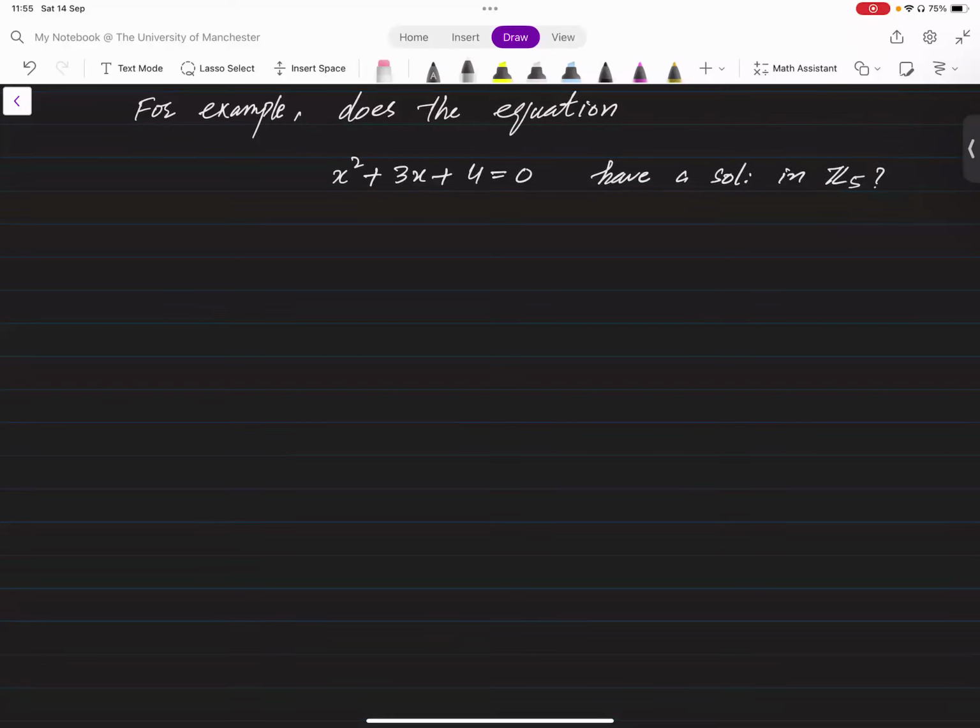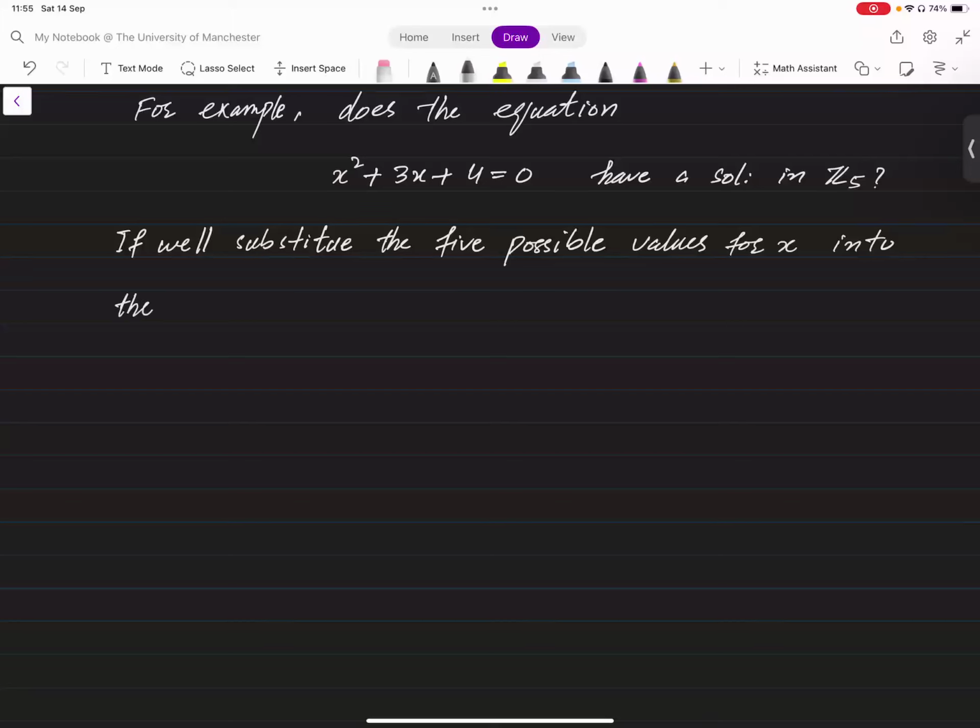So let's write that procedure: if we substitute the 5 possible values for x into the expression x squared plus 3x plus 4 and work out the answers in Z5,